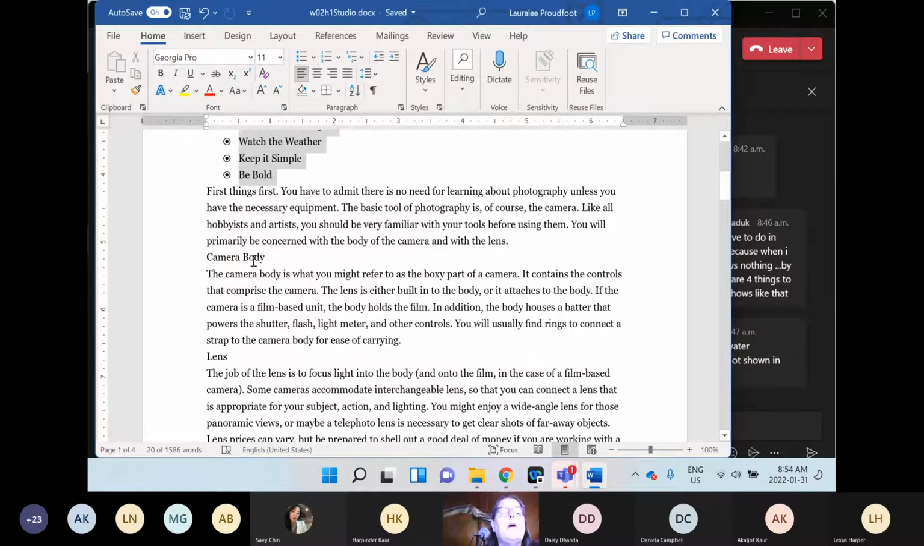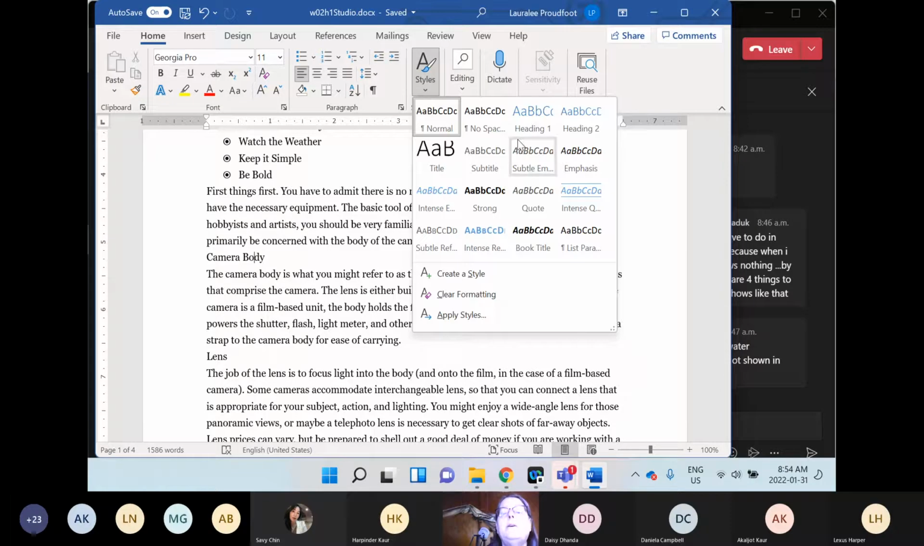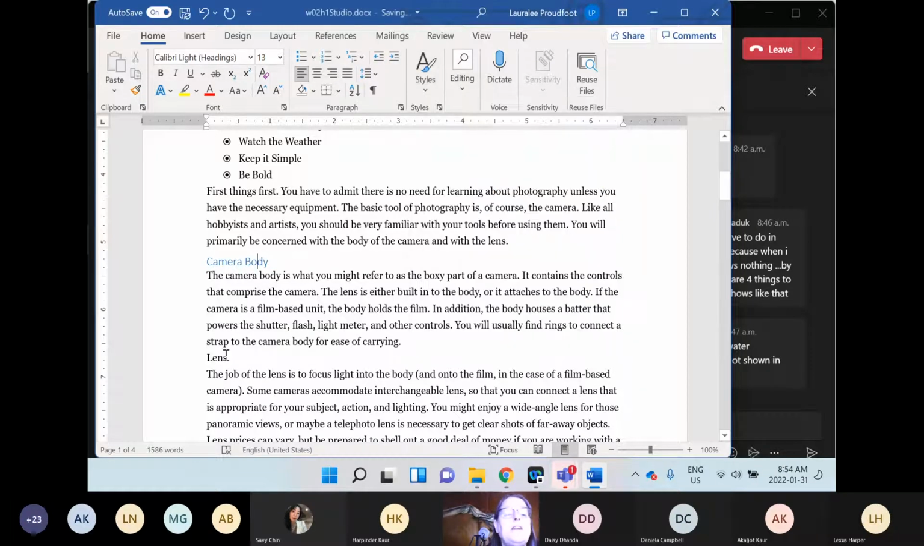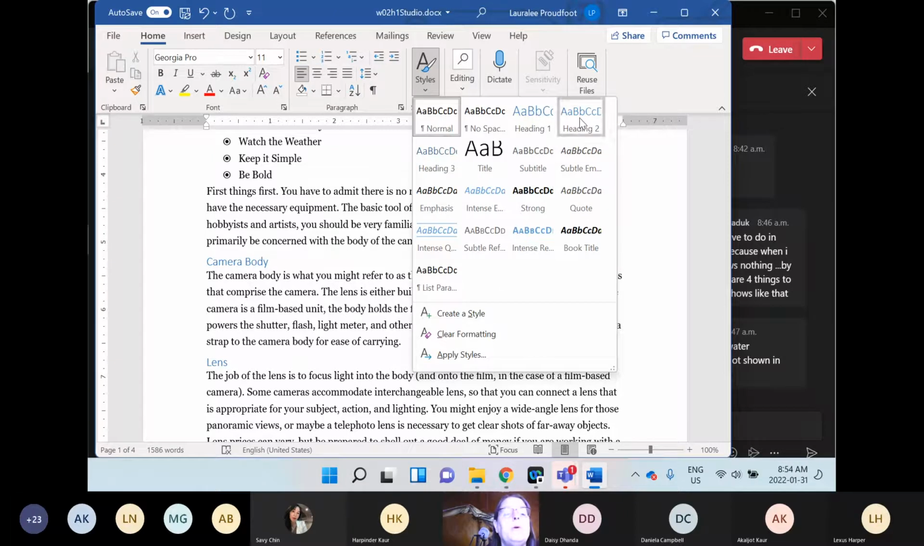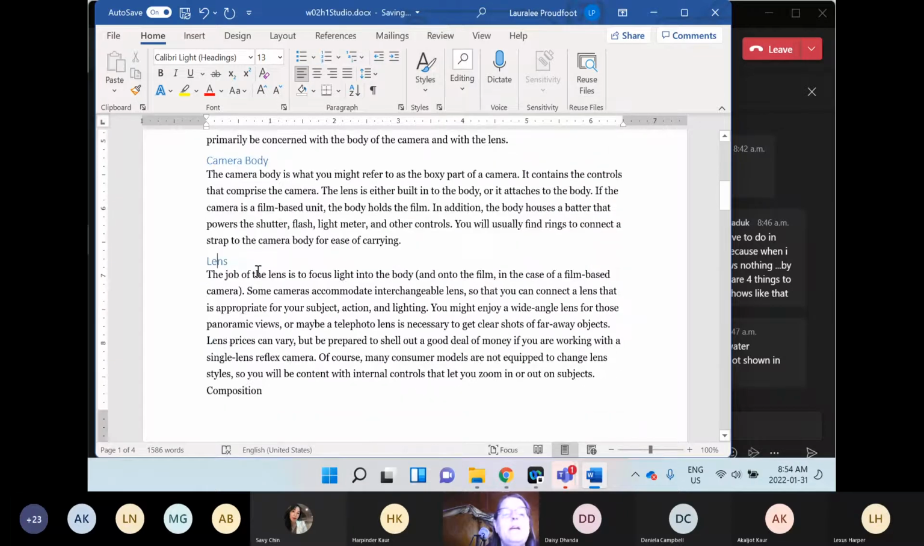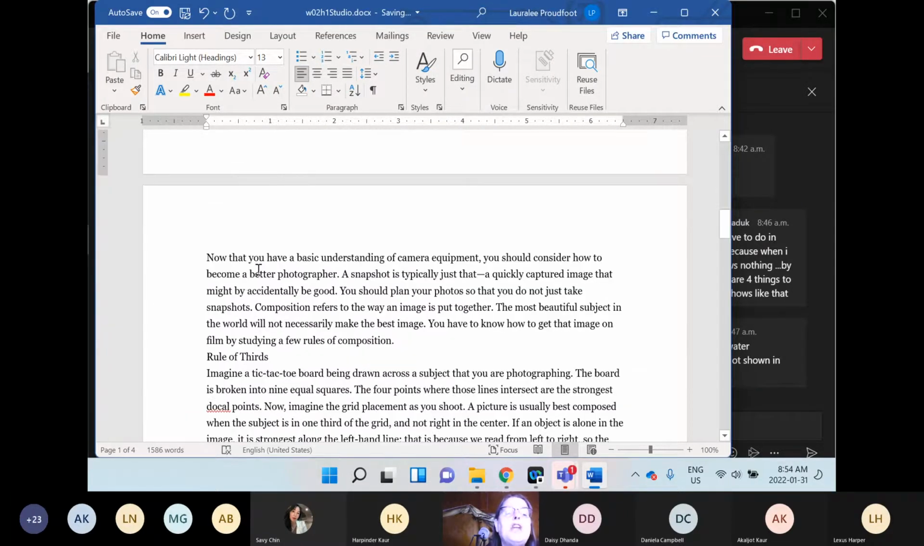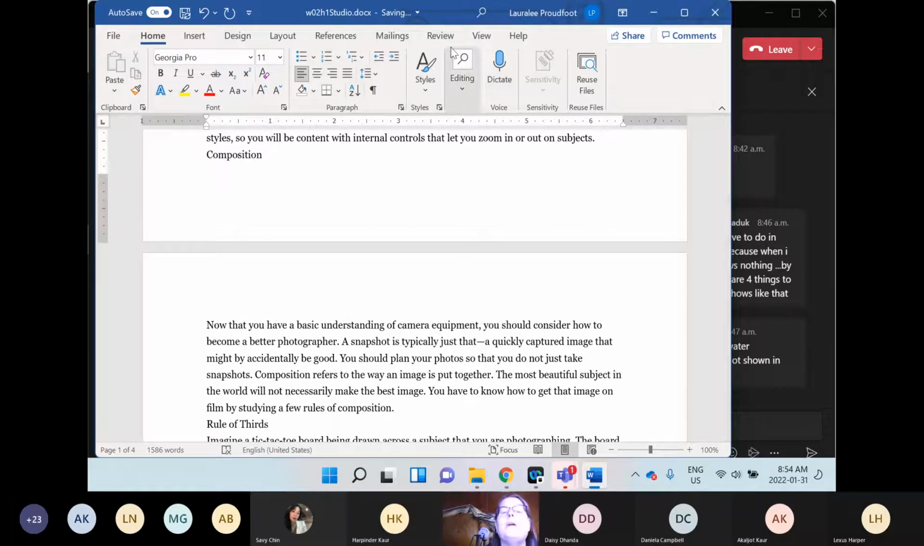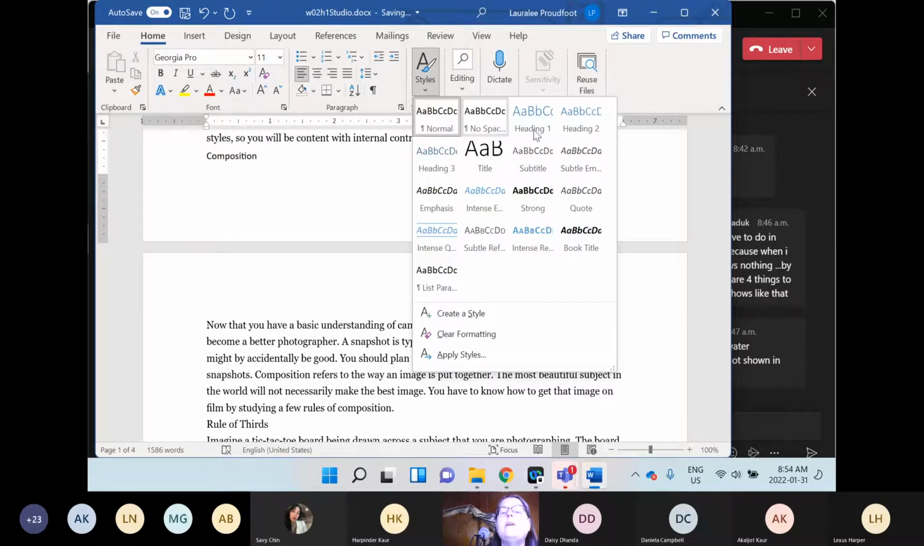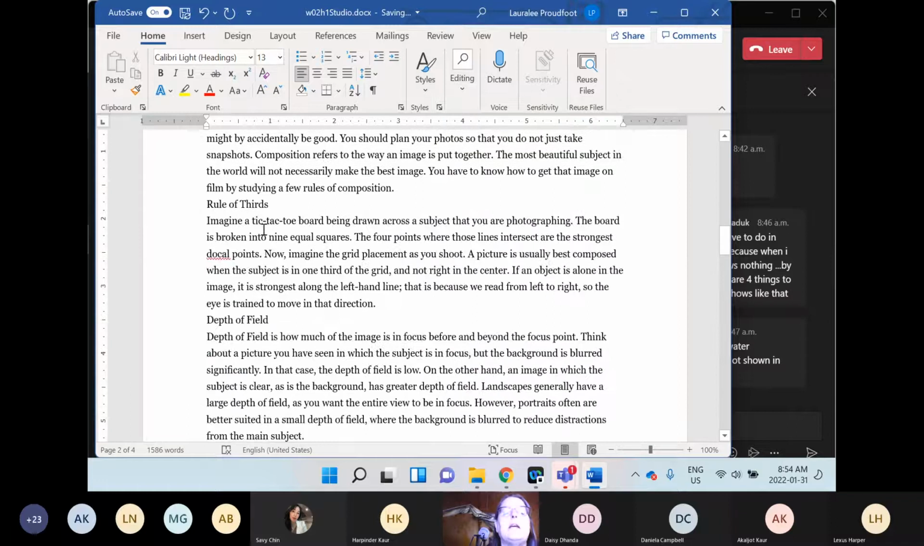So all of this, I'm going to apply a heading style. And the nice thing about applying a heading style is even if I don't like the heading style, if I put the same heading style all the way through on the same things, we can change it all at once. So as long as I use heading 2 consistently on things,